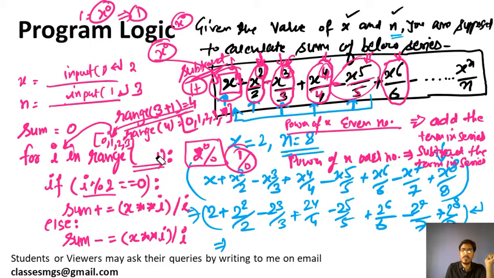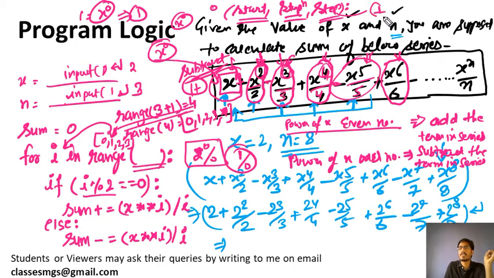So range function, you know what arguments it takes. It takes 3 arguments. First is start, second is stop, and third is step. If you don't know, then you should know that the range function is explained in theory classes along with the for loop. In range function we take 3 arguments, start, stop and step. If you don't pass the start argument, by default it will be 0. If you don't pass the stop argument, then by default it will be n, and if you don't pass the step argument, then by default it will be 1.